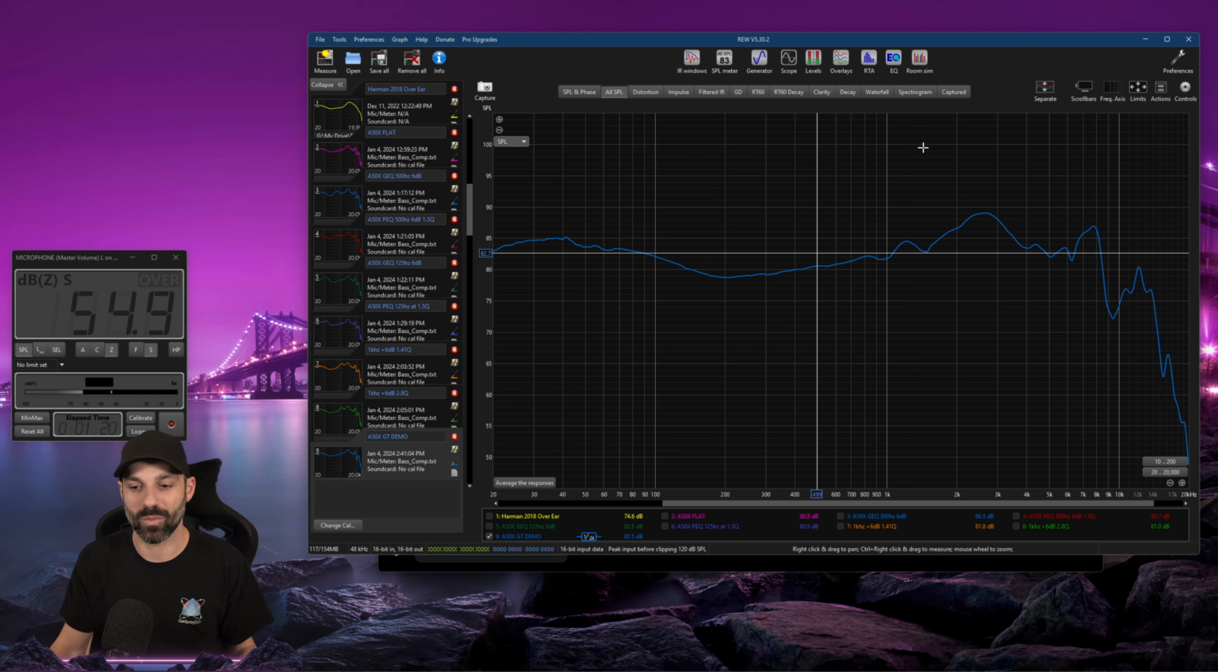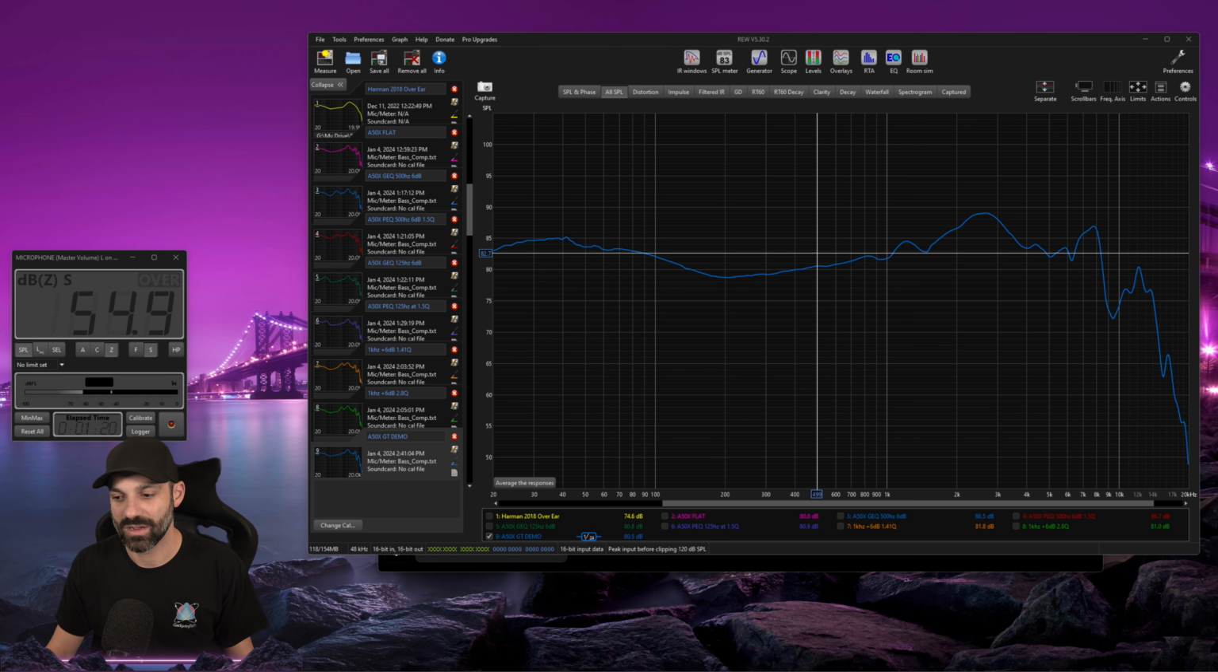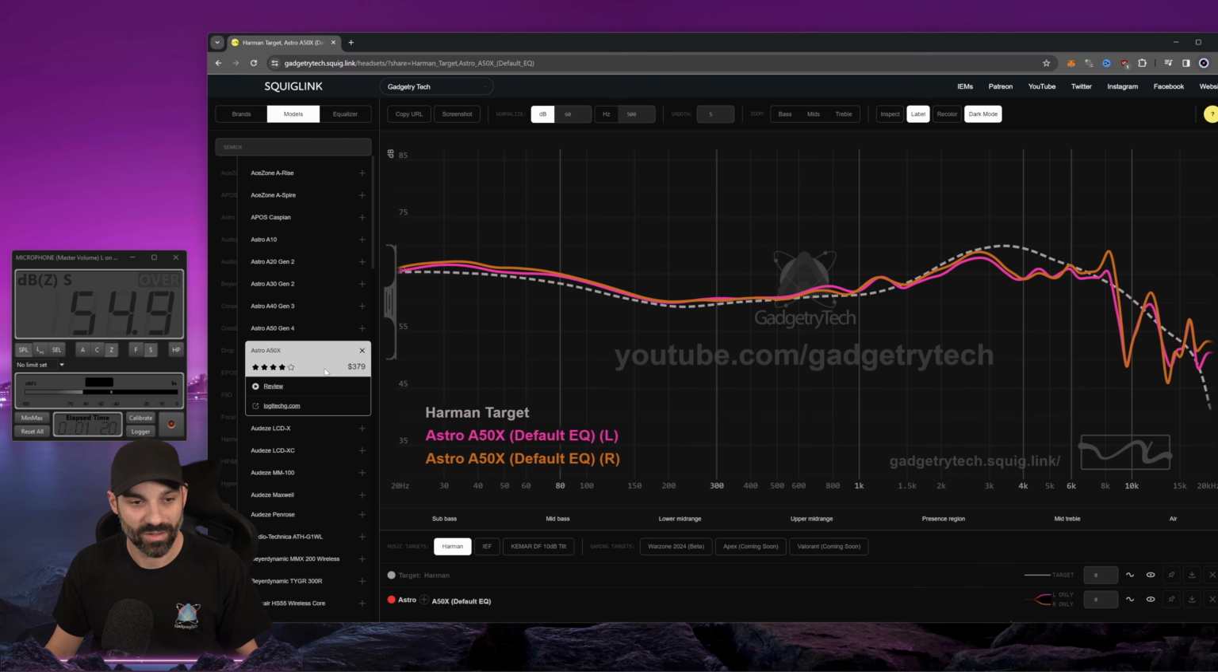So you can use my website to compare measurements from one headset to another, on my rig. Don't use my measurements and ratings on headphones.com and assume that there's 100% parity here, because ear pinna and all these other changes happen. But if I were to compare the A50X, just to show you how to use this site,